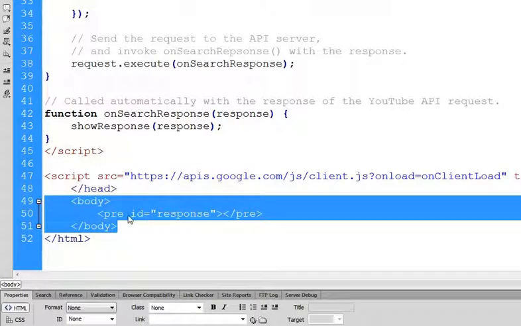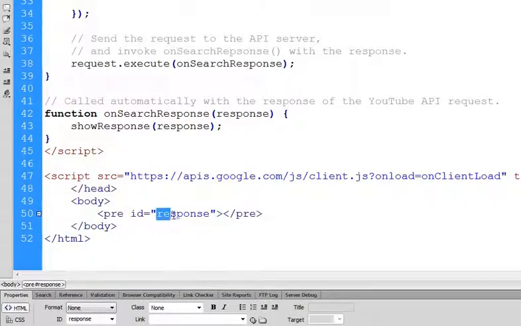In the body there's just one element, which has the ID of response, and this is what will be amended to show the JSON response that comes from YouTube. Next line, we've got